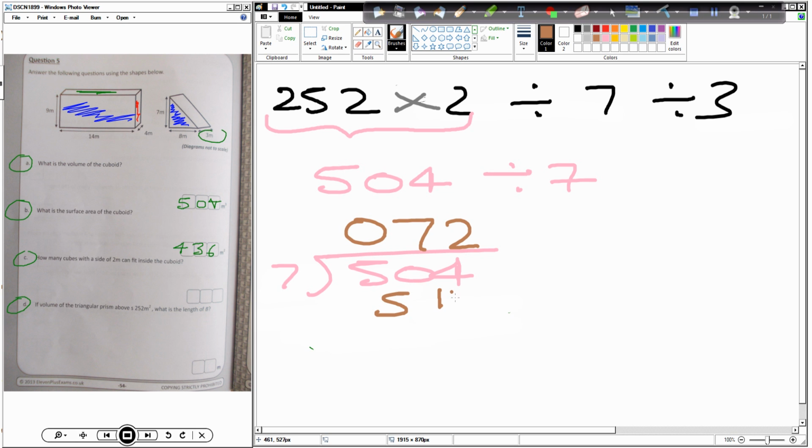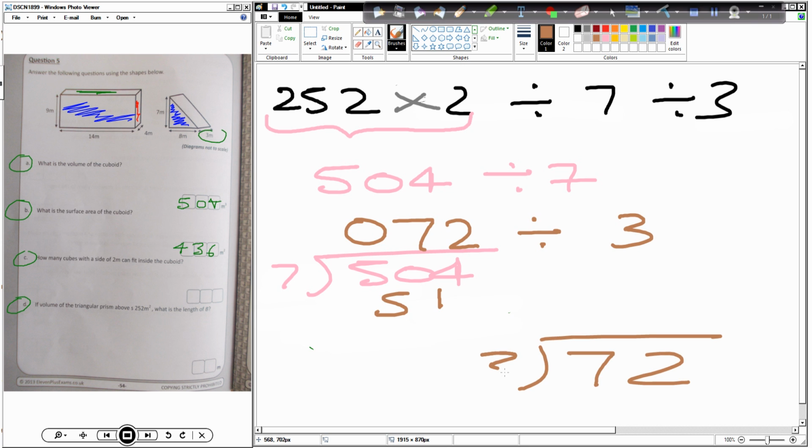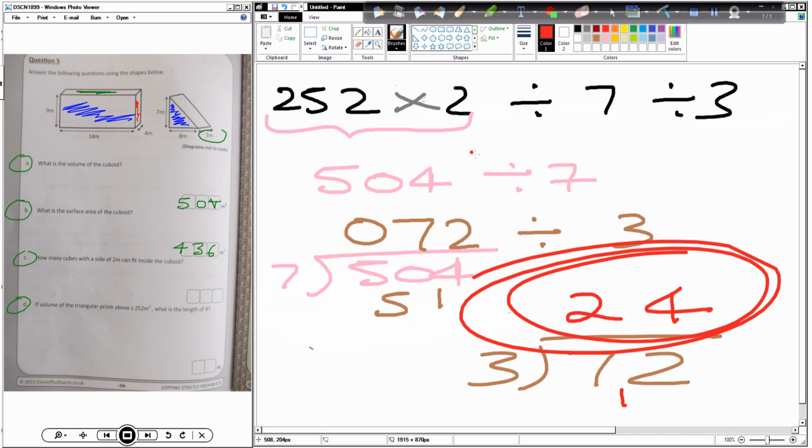Are we happy with that? Yes. Okay. So we've got now 72, we're going to divide that by 3, because that's what's left to do now. So 72, let's divide that by 3. Okay, hang on 1 second. 3 and 7 is 2, remainder 1. So the final answer is 24 is the final answer for that question. Okay, that's the end of that paper. Okay, let's